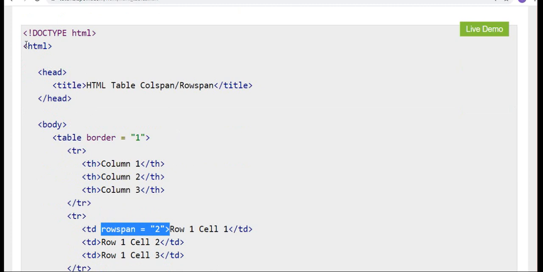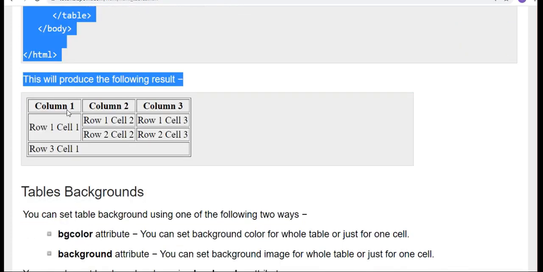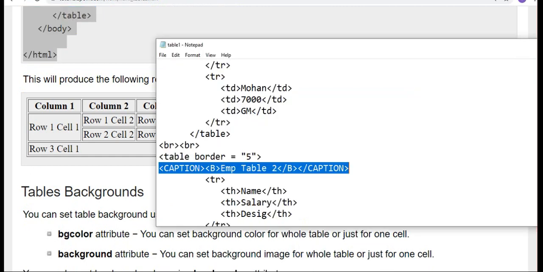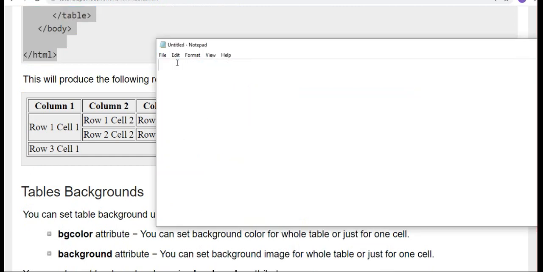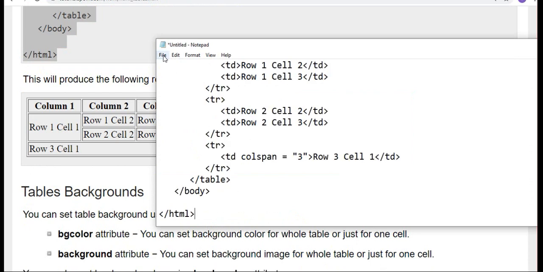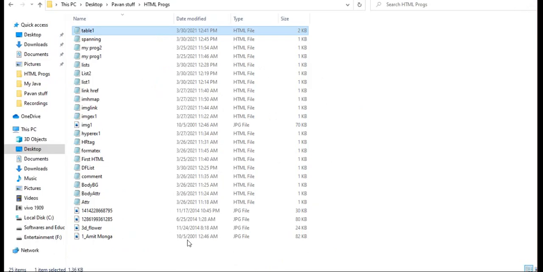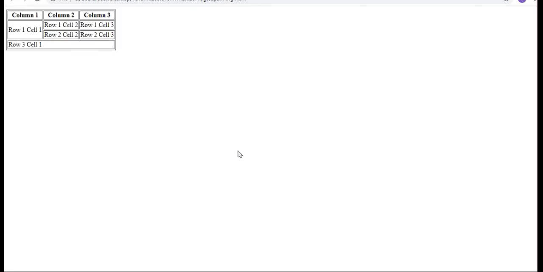I will try to execute this program. Control C, file, new, save, spanning.html, save, right click, open with the browser. This is the thing. Now if I want